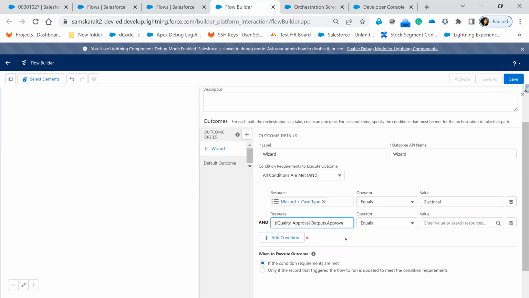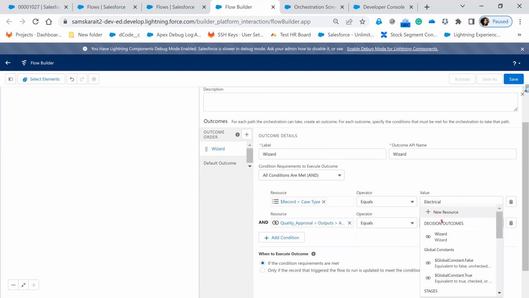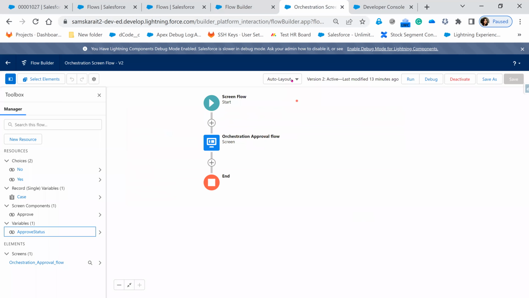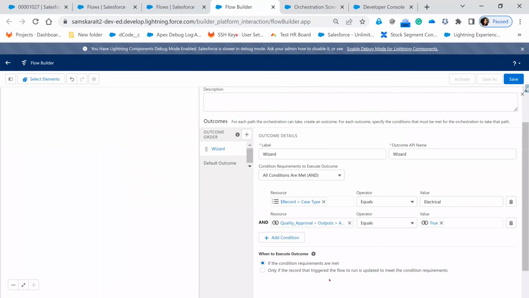If approved status equals true, then go to this. Whatever the user has selected here, we are storing into the approved status. Now I'm checking two conditions: type equal to electrical, approval status equal to true. Then only go to the wizard, or else